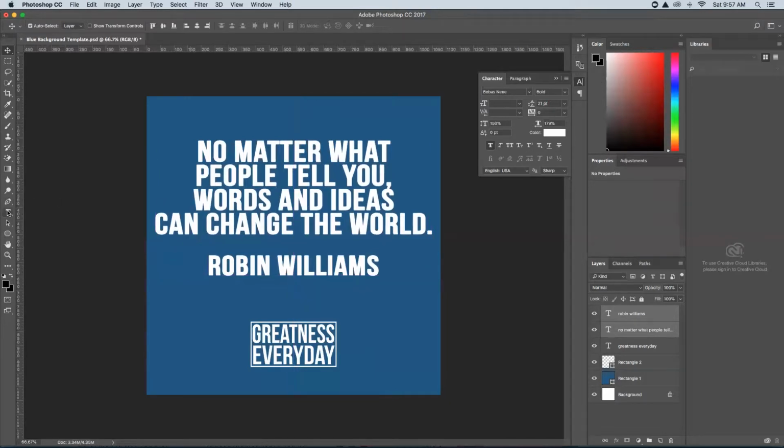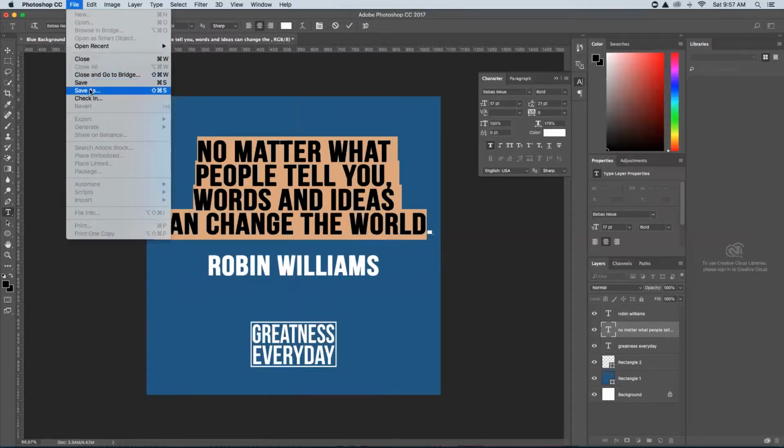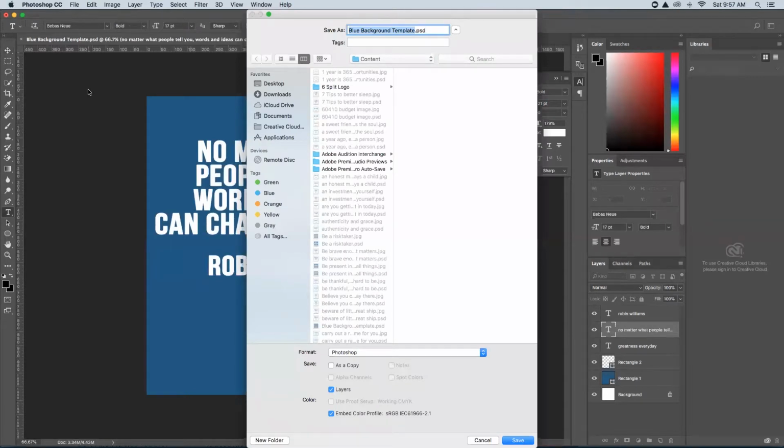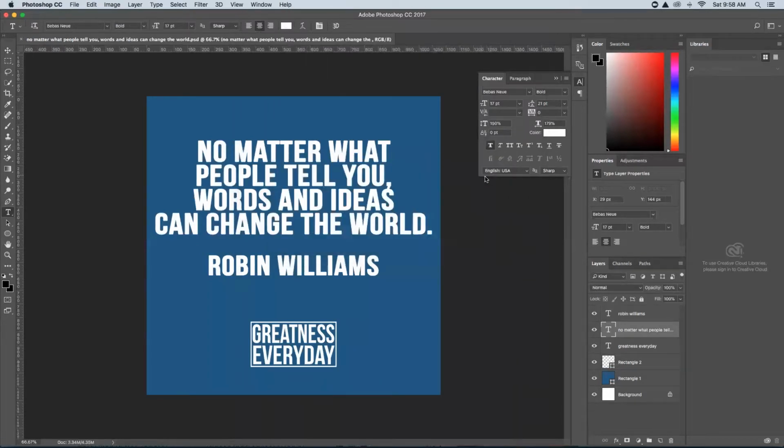All right, so now what I do is I take the text of the main quote. I'm going to copy that. I'm going to go into File and Save As. Now, instead of saving as a blue background template, because I want to use that for future times, I want to Control-paste, and I'm pasting the title of the new quote that I put in, and I'm saving it under the file content. So I go in, I save it, click OK,